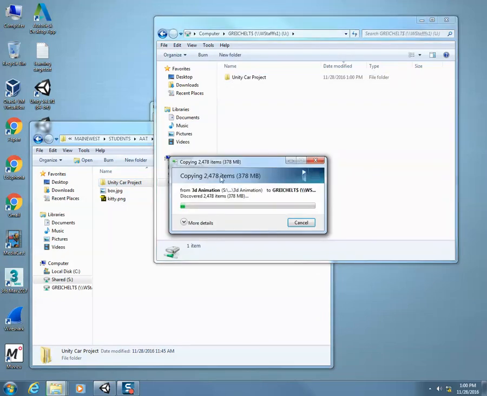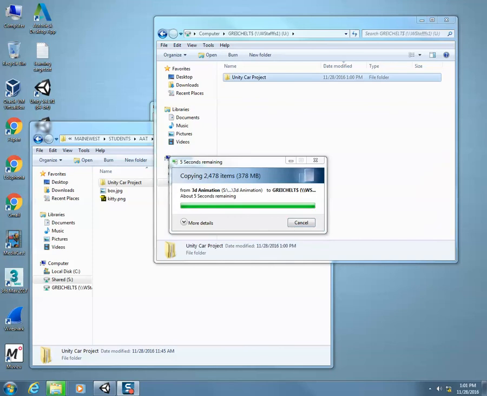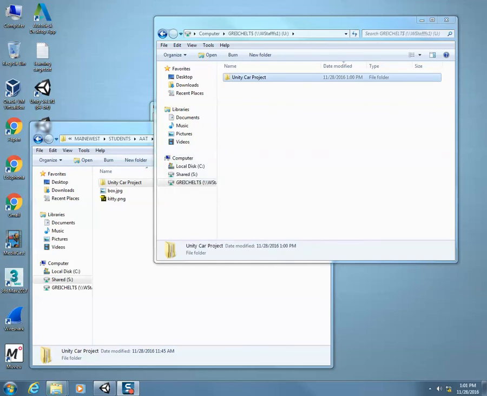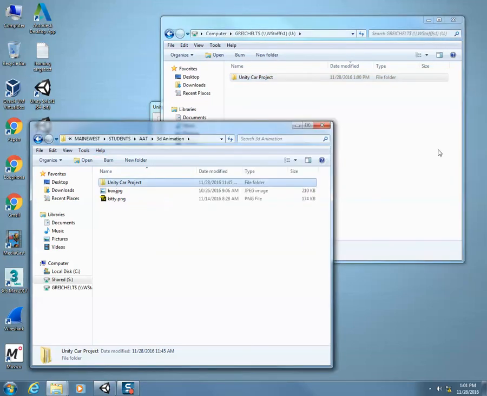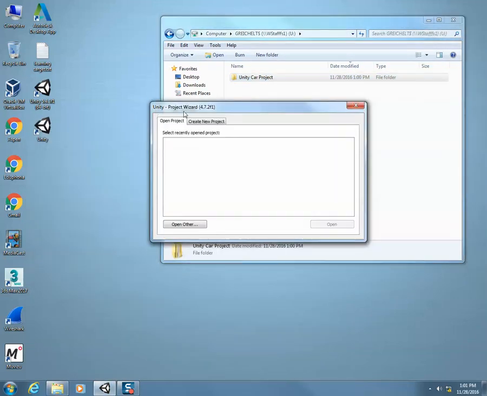Okay, so this is going to take some time to copy from the share drive down to your U drive. I'm going to pause the video while it does this. All right, so I've successfully copied the Unity car project folder into my U drive. So now I'm going to go ahead and close out of the share drive, and I'm going to go back